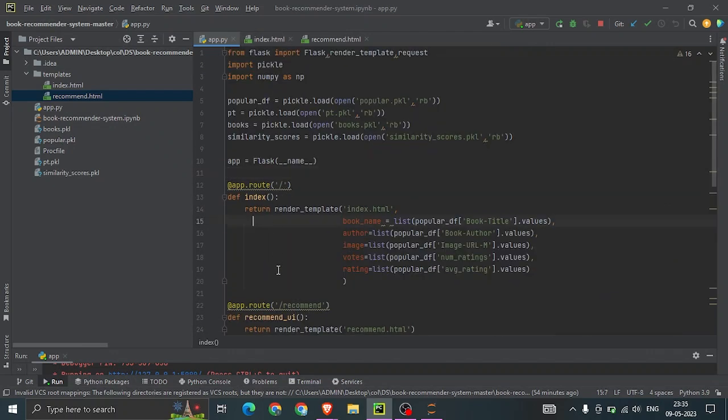In the index we have used HTML, CSS and a little bit of bootstrap.